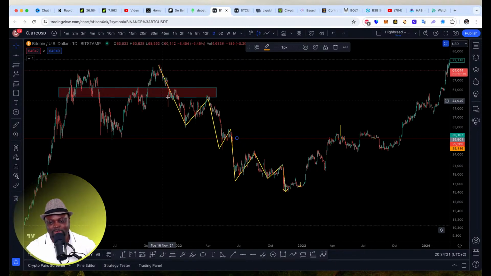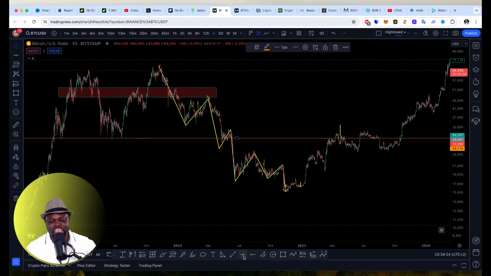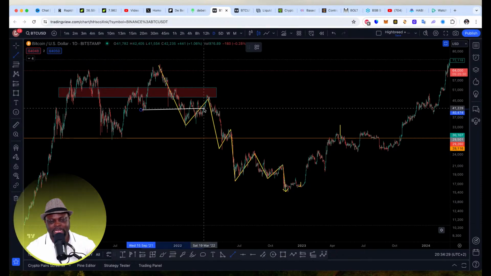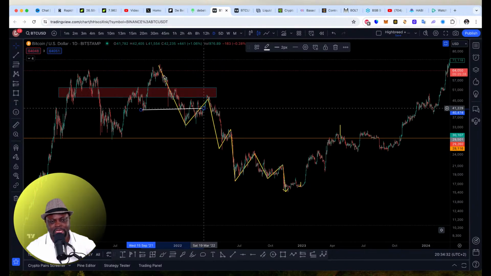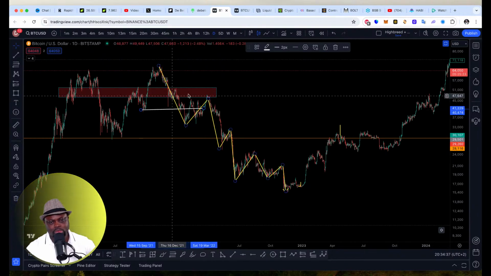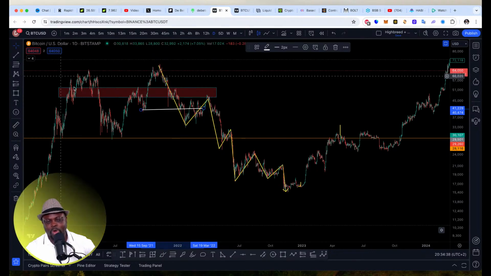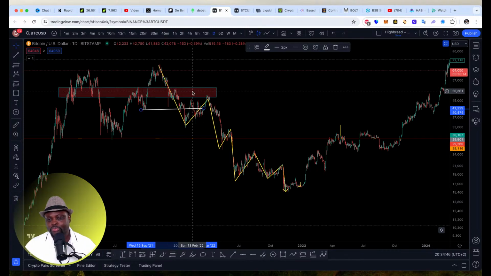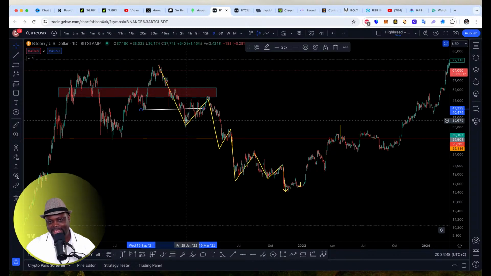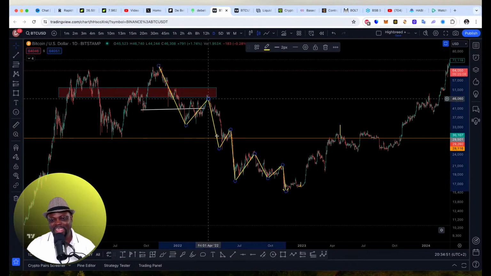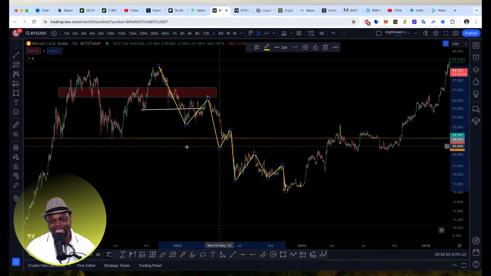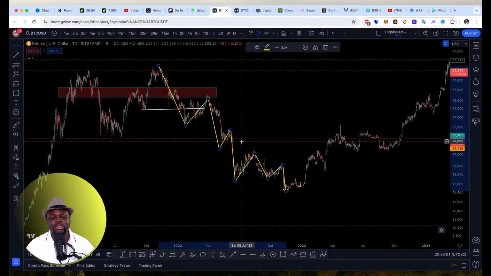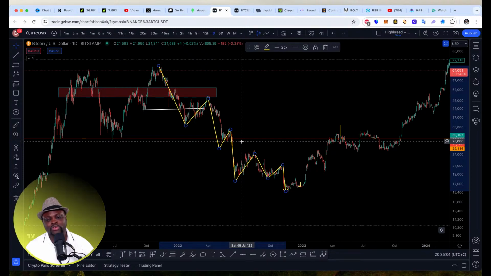Because price broke this zone, so automatically, if I would have been trading or investing in Bitcoin, I would have known that, oh wow, this is not something good, because price has broken this zone here. Price was supposed to hold this zone, where I drew this box here, this line here, zone here. So now price broke again, it came back, it retested the zone. Price broke this zone again, because price was holding this zone for a long time. You can see this more on lower time frame, but I wanted you to see it on higher time frame so you can see exactly what happened here.